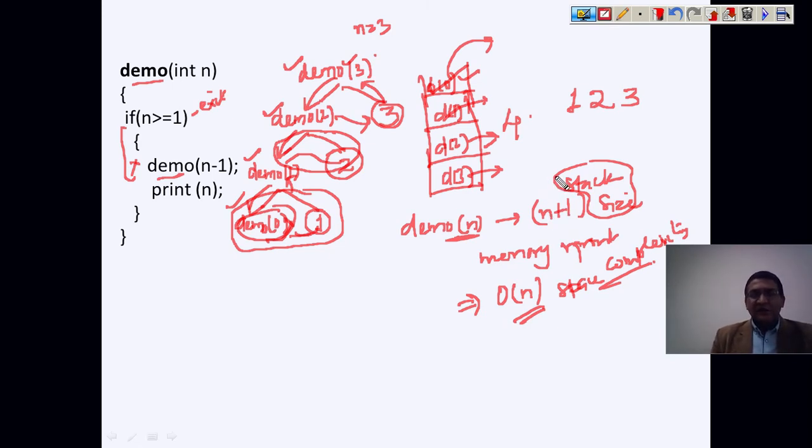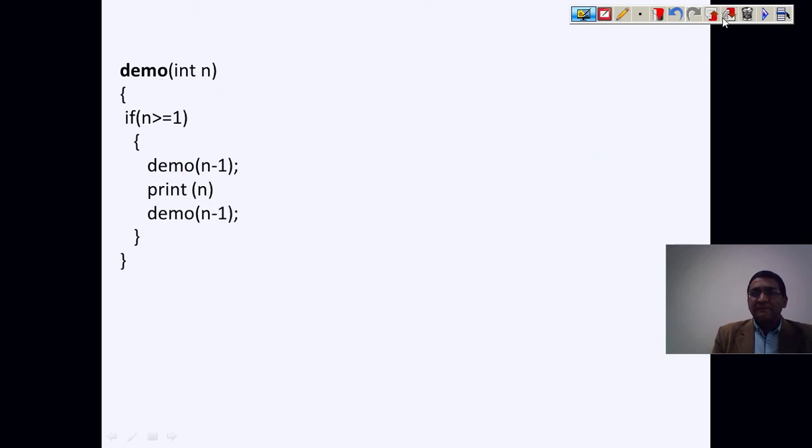Okay, let us take another scenario. This is again our recursive approach, where we have a function demo where we are passing one integer value, where n is more than 1, then this is the logic of the recursive algorithm. Now let us see how it will work, how the function is called when we provide some input. Let's say our n is 2. So if I call the function with demo2, what is it going to do?